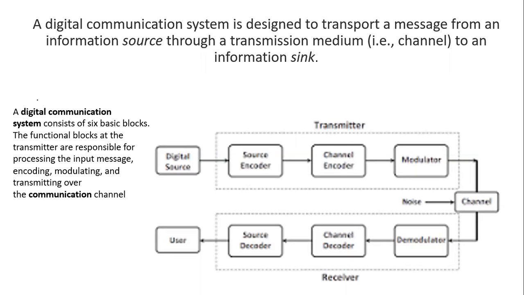Now here the channel can be satellite communication, it can be optical fiber, it can be any form where the signal can be passed. Okay, now at the receiver end, what is happening? Whatever signal is being received mostly contains noise. This noise can be added because of the equipment being used, and also because of the natural atmosphere through which the transmission has happened.